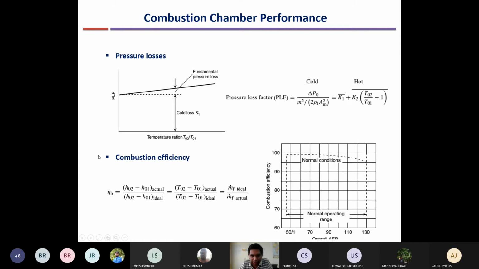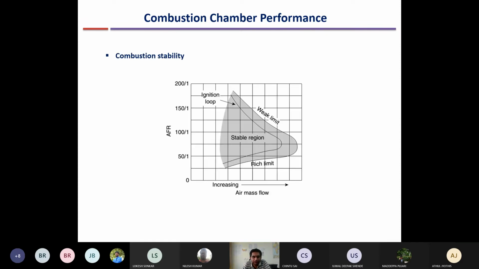Is it clear to everyone? So logically you have to deduce these things. This type of question you can also expect in the exam, asking why this is happening. Instead of asking you to write the formula for pressure loss, I may ask you to state why the combustion efficiency decreases at high air fuel ratio. This type of question shows your understanding.